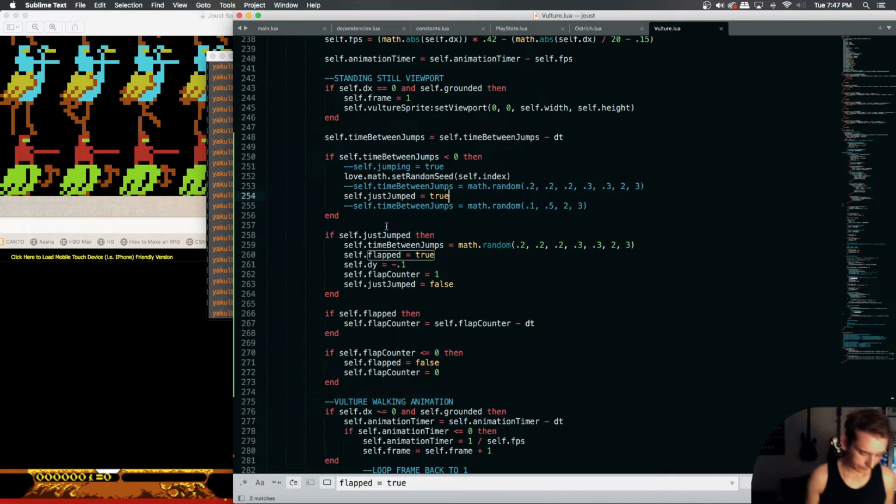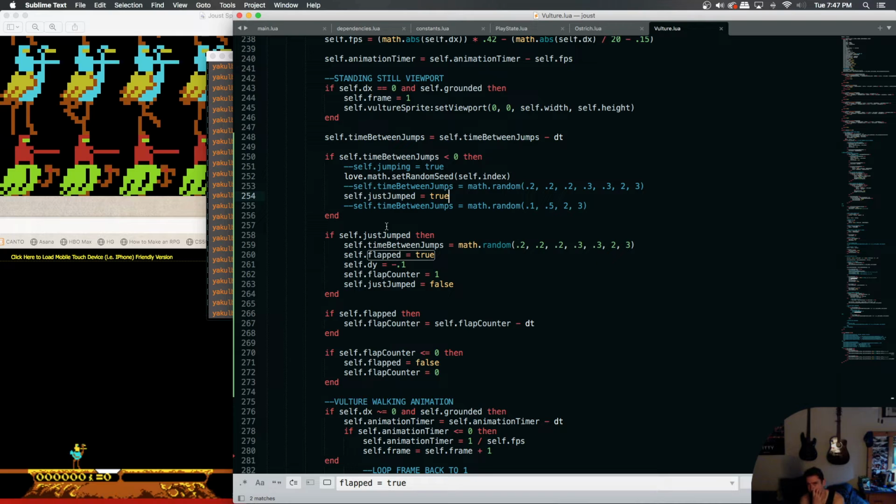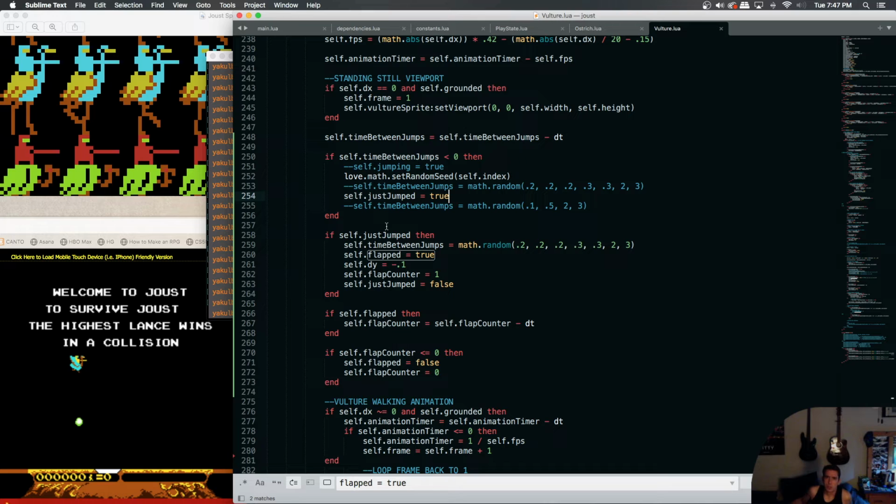Damn it. It's the same problem I keep running into. I think we need to just do something different other than this time between jumps greater than 0 nonsense. So like, we take a random number, that becomes our time between jumps. Then we need to say,